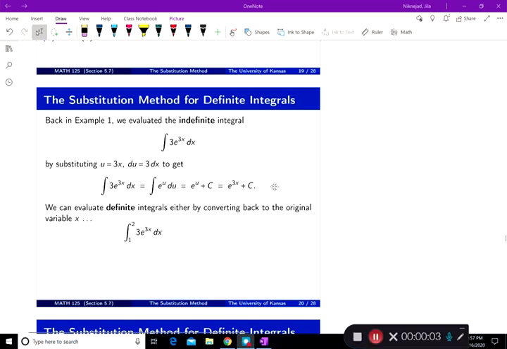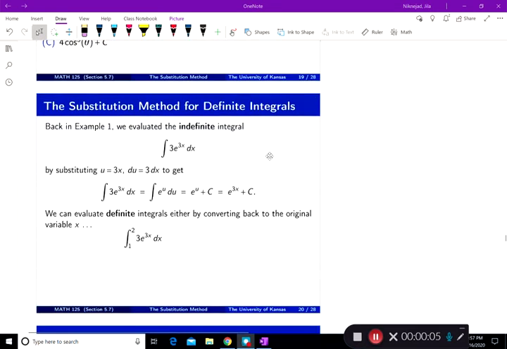Now we're back to section 5.7, and this time we're discussing the substitution method for definite integrals. What we've done so far is the substitution method for indefinite integrals. And I want to remind you of the first